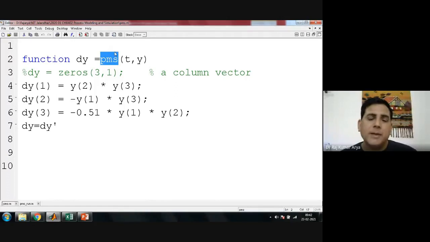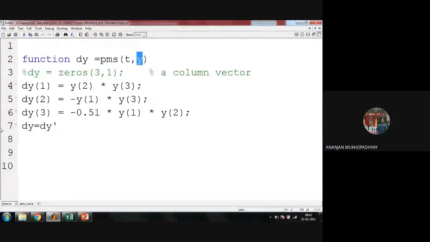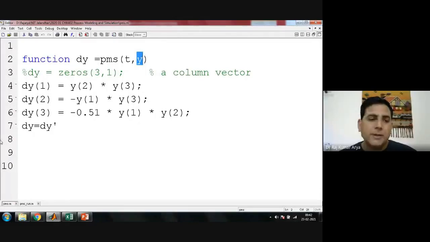Inside the bracket, you have your variables, all variables. So first one is your denominator, that was your dy upon dt, so your dt was there. So this is time actually. And y is all your variables for which you are solving, y1, y2, y3. So all y's would be inserted from here. This y would always have three values, one for y1, y2, and y3. Is that fine? Yes, sir. So this is where you will define your function.